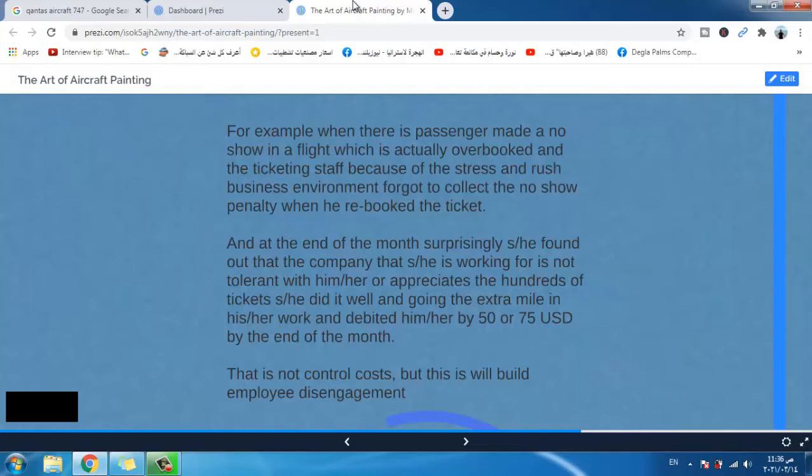At the end of the month, surprisingly, the employee, the ticketing staff, finds out that the company is not tolerant with him or her, not appreciating the hundreds of tickets he or she did well and the extra mile in the work, and debits him or her by 50 or 75 American dollars at the end of the month. That's not controlling costs, but this will build employee disengagement